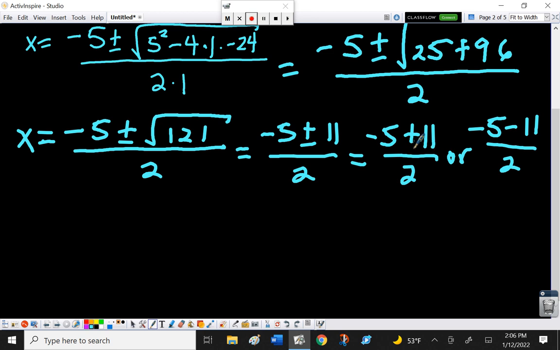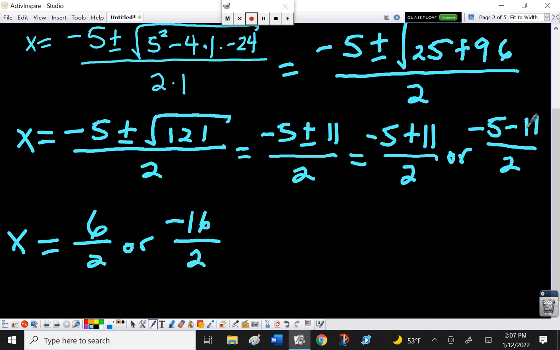-5 plus 11 is 6 divided by 2, or I've got -16 divided by 2, because -5 minus 11 is -16. This will give us our answers of x equals 3 or x equals